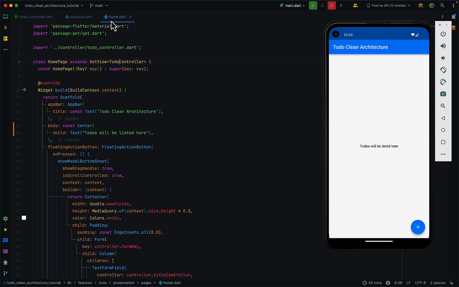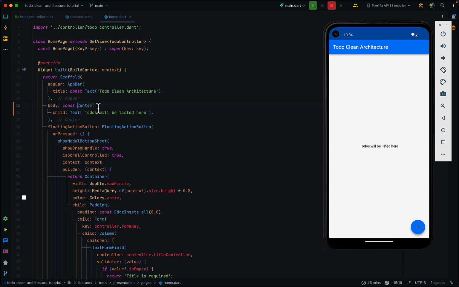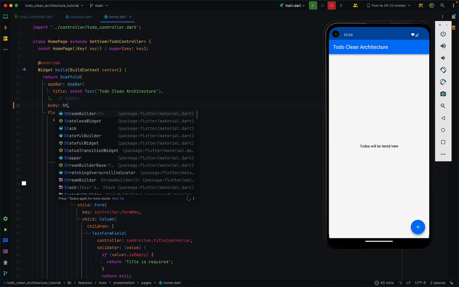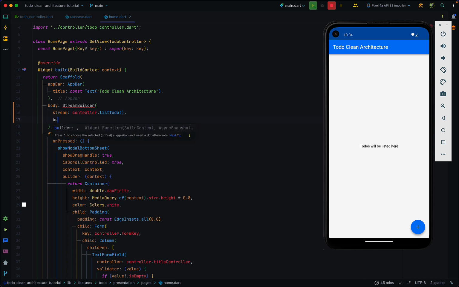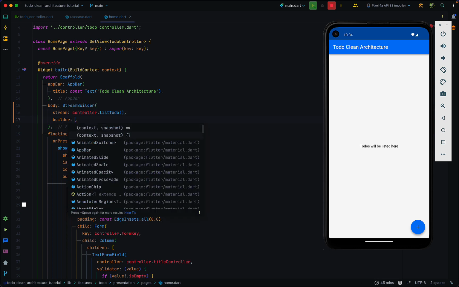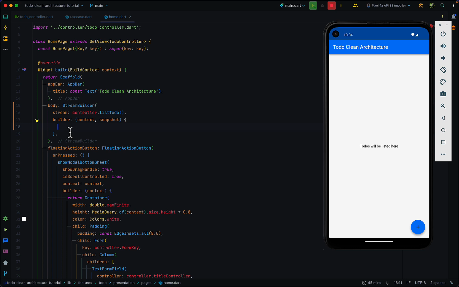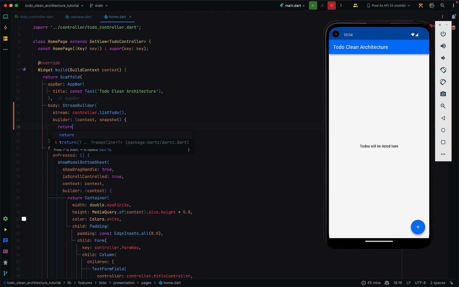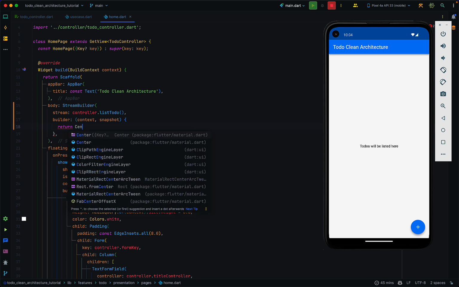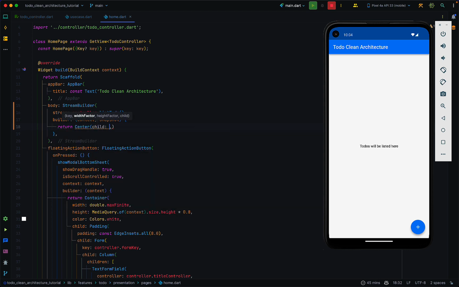So back in the home, instead of just having a center text over here, we are going to have a body which has a stream builder, and then the stream is going to be our controller.listToDo, and then the builder, which is going to be the function that returns our UI. So we first have to return something at all costs, but then what we want to do is return a circular progress indicator for now. So this is when we are